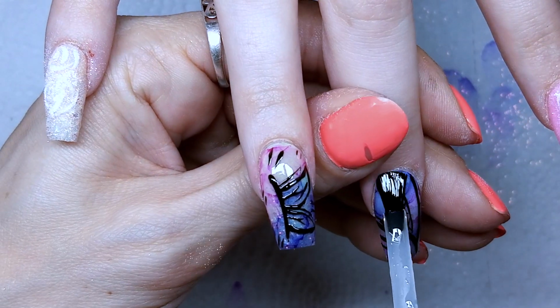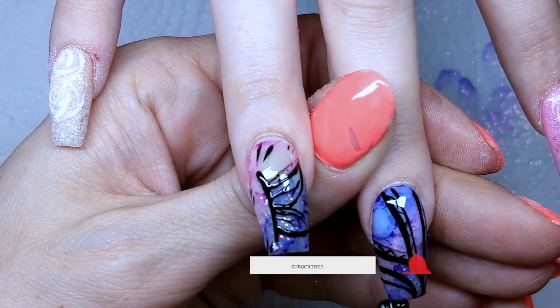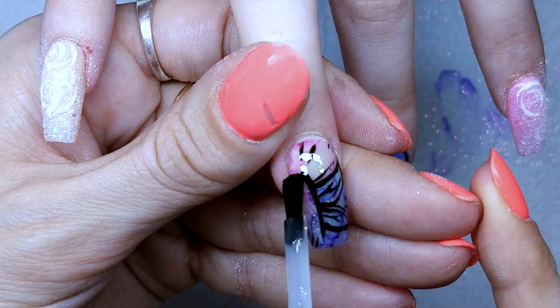And then when this is fully cured, when it comes out of the lamp, all I'm going to need to do is give the white roses a brush off to remove the extra bits, and